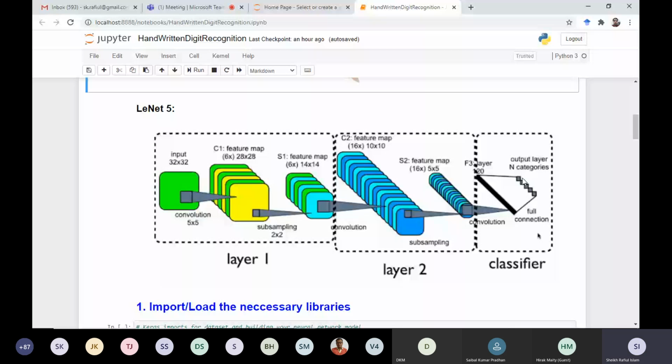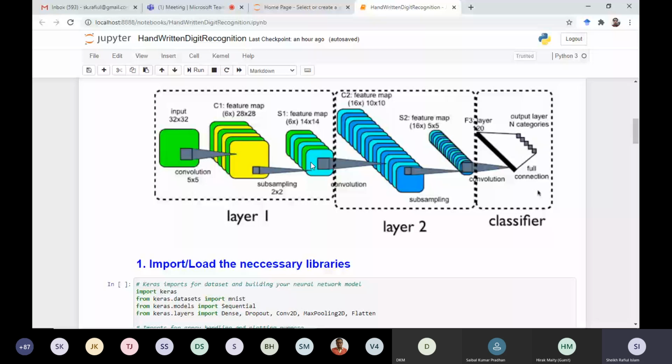So except convolution and pooling, we will have activation functions and objective functions. I will try to explain the need of activation functions during coding. So if you have any questions, please feel free to ask.